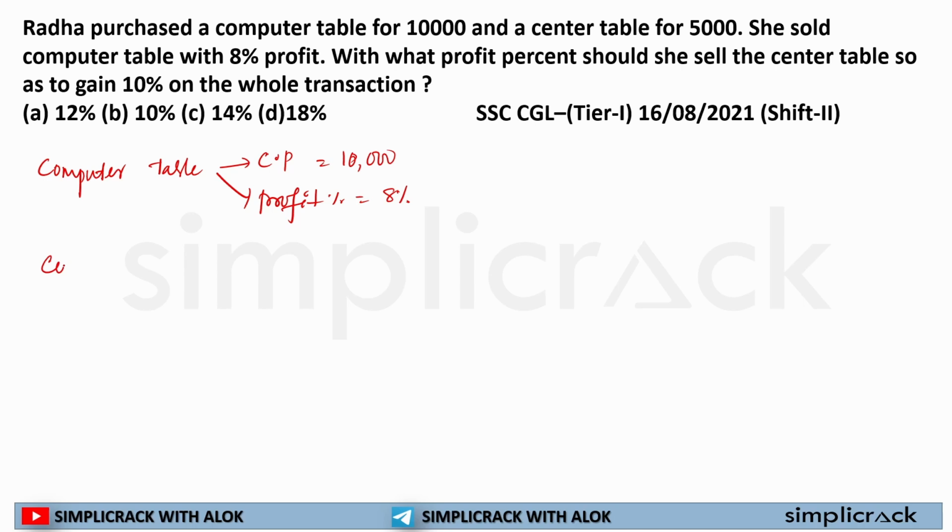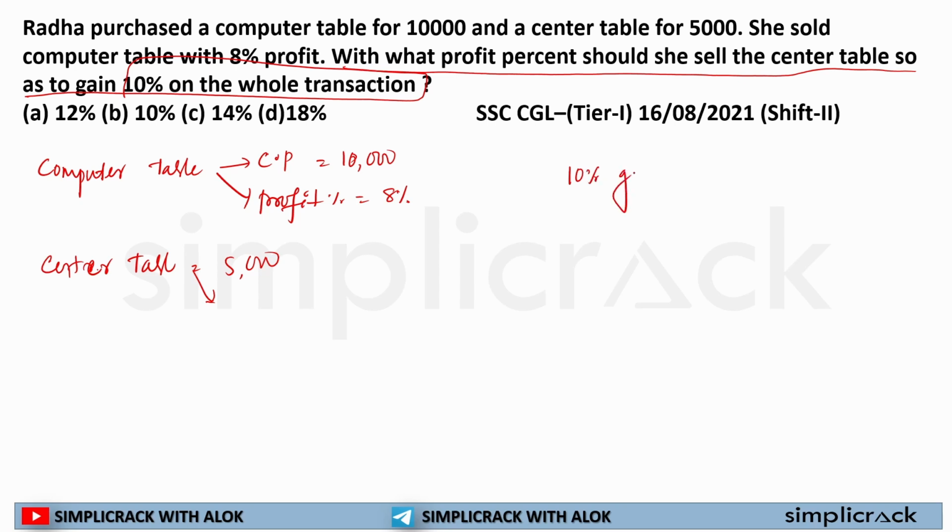Now he purchased the center table for 5,000. Okay. Now we do not know the profit percent for it. So what is it saying? With what profit percent should she sell the center table so as to gain 10% on the whole transaction? What is 10% gain on whole